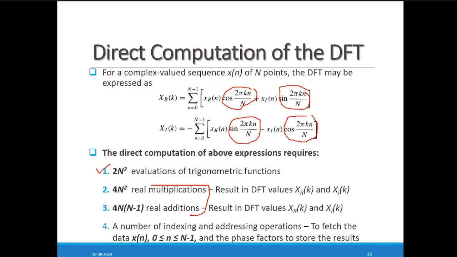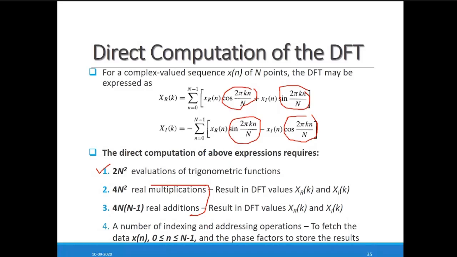Yes, Rishabh Mishra, how this complexity is calculated, we will discuss when we solve the examples. I will show you with the numbers, if N value is 4, how you are getting these values. At present we are looking at the general equation, so keep remembering it as it is. In the next lecture when we solve the examples with particular numbers, things will be more clear. Is it okay?